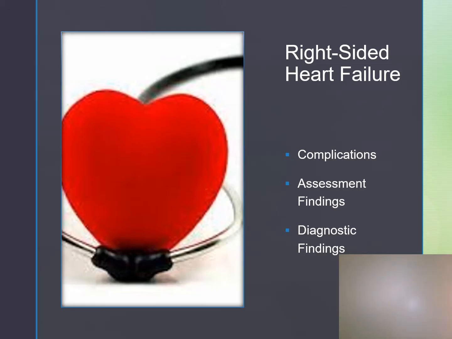With right-sided heart failure, the right ventricle cannot forcefully contract and push the blood into the pulmonary artery. Complications would include congestion of blood and backflow that accumulates first in the right ventricle and then the right atrium, then moves on to the superior and inferior vena cava and the venous vasculature. We may see chronic respiratory disorders such as cor pulmonale, which is a condition in which the heart is affected